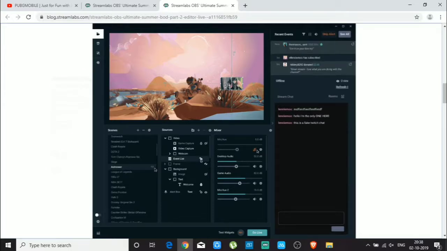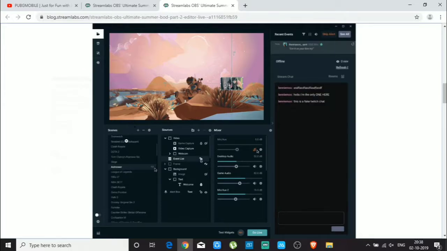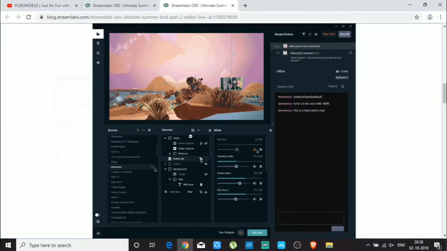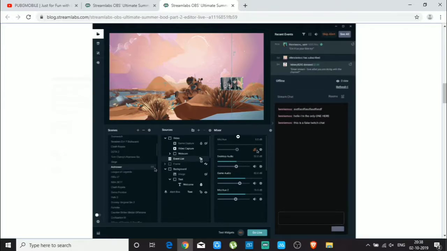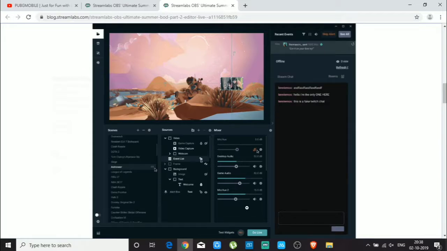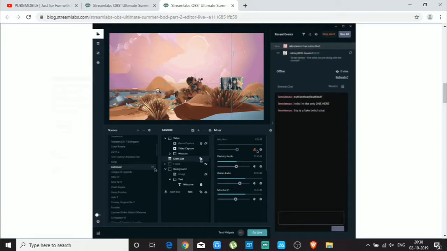So right now we can see that what they have done is that they have combined both the tabs into one. The scenes are on the left hand side, your sources come in the middle, and then your mixers on the right. And they have put the chat tab on the extreme right. So now it gives you